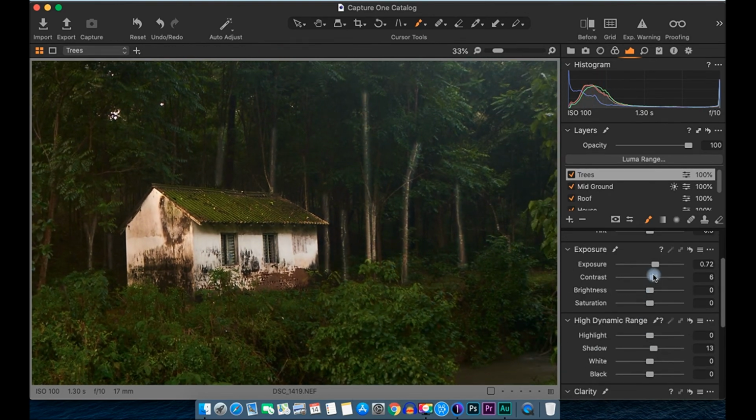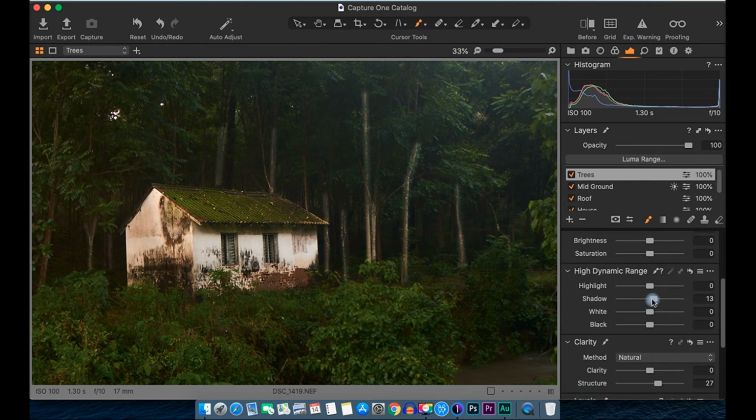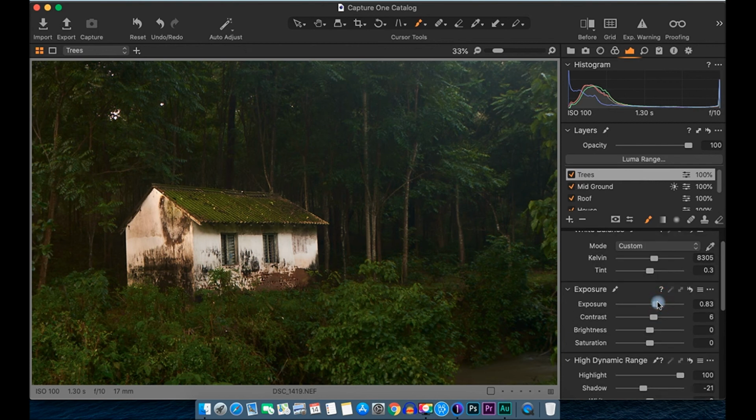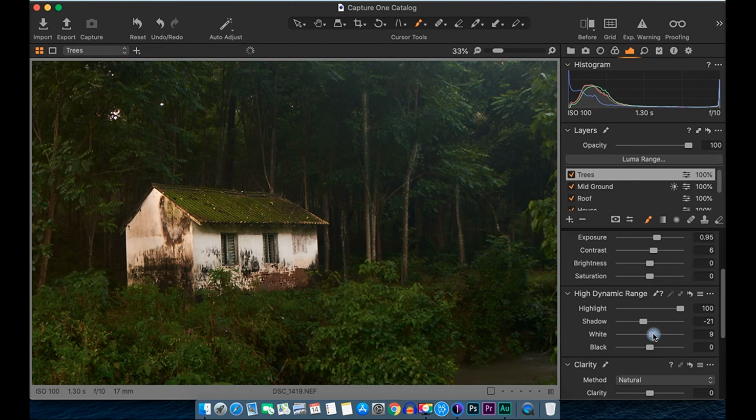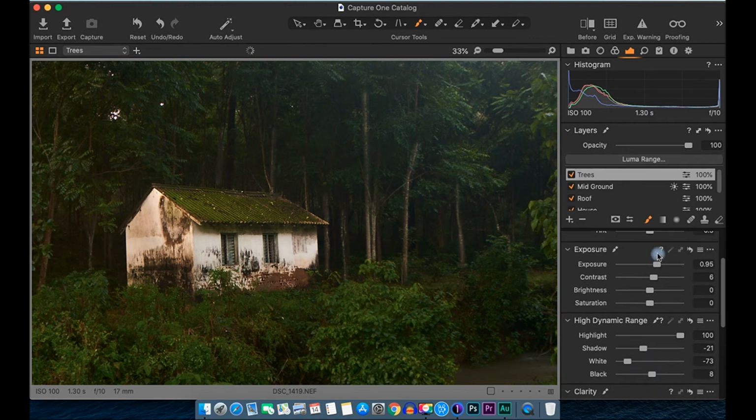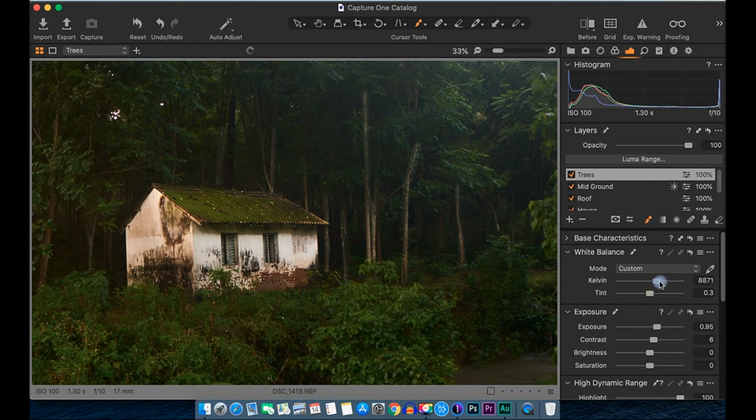So to do that, let's reduce shadow a bit, and instead of shadow let's give highlight boost and exposure boost, and reduce the whites, and instead give bit of black boost and warm them up quite a significant.